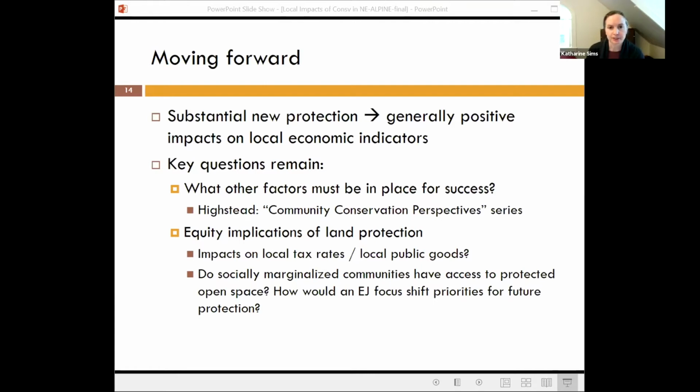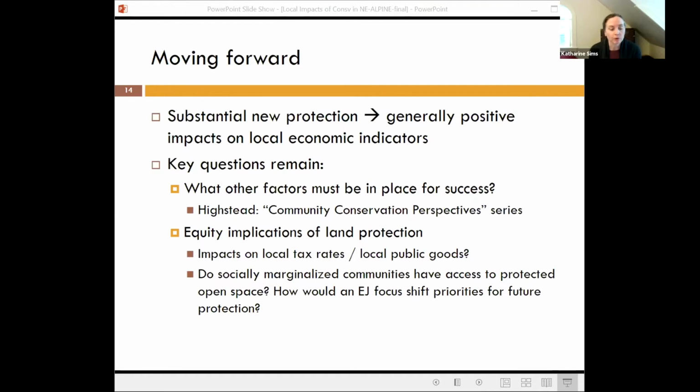And those case studies really delve in detail as to some of the local factors that helped towns succeed in capturing economic value. And I think two factors that maybe are in common across these cases, though it would be great to hear what folks in the network think too, are a clear link between land protection and the economy of the place as it already exists, whether that's through recreation, resource use, or amenity value, as long as the link is there between the existing use and the land protection. And then second, community-based institutions that can really champion and steward conservation are a big part of success in each of these cases. We also have been working